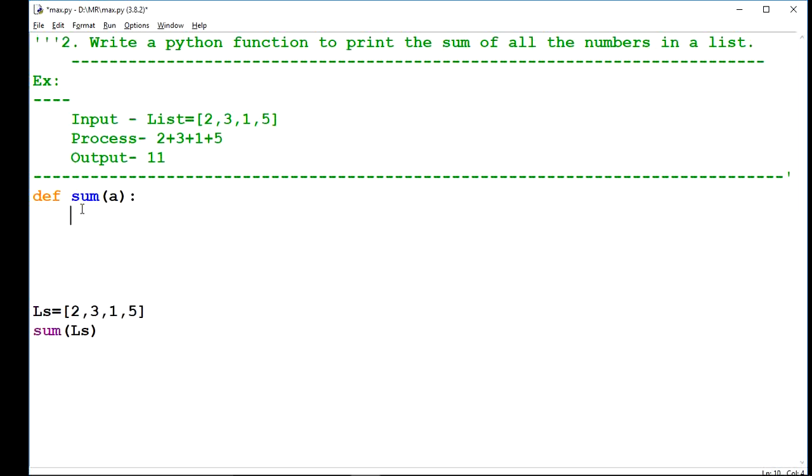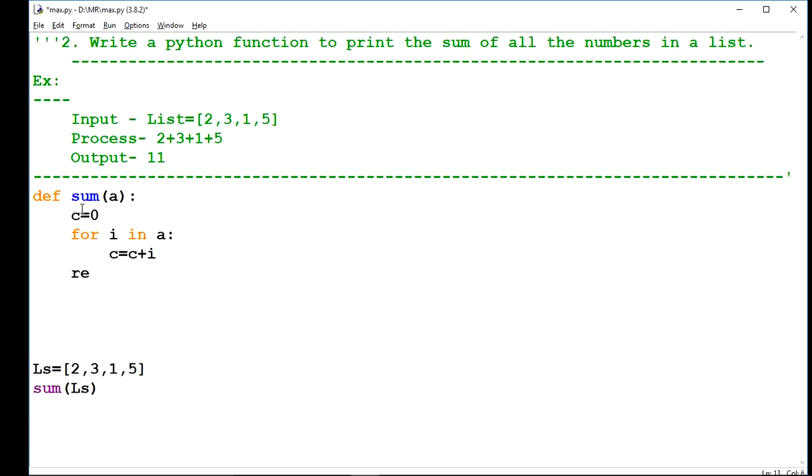From here I am taking a variable c is equal to 0, for I in A. One by one the values will come into I, and here it will calculate c is equal to c plus I, and at the last it will return the value of c.